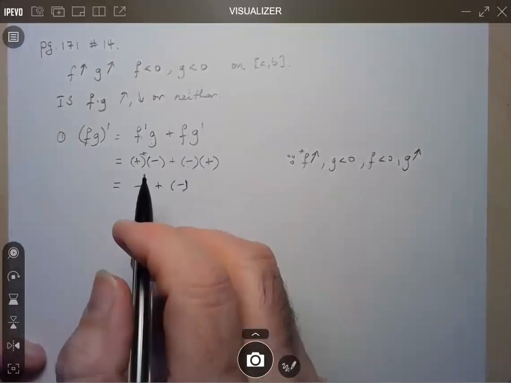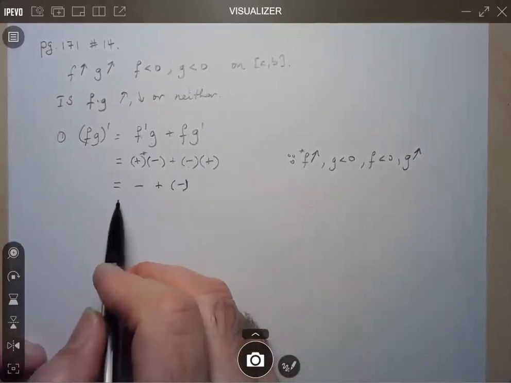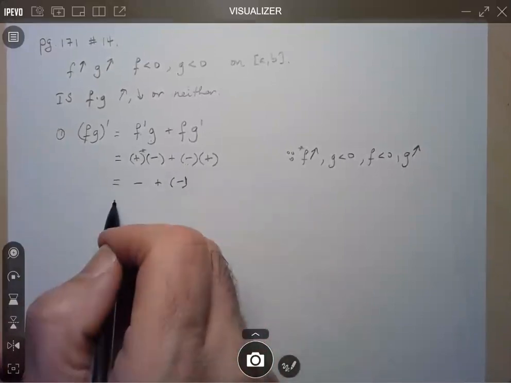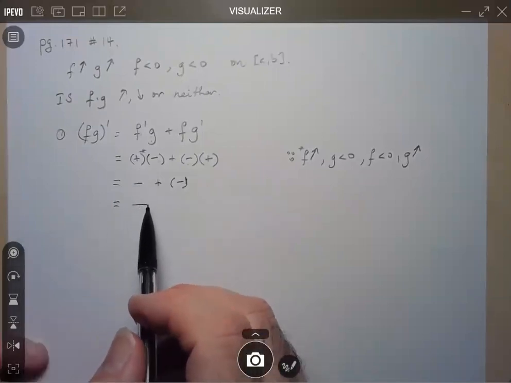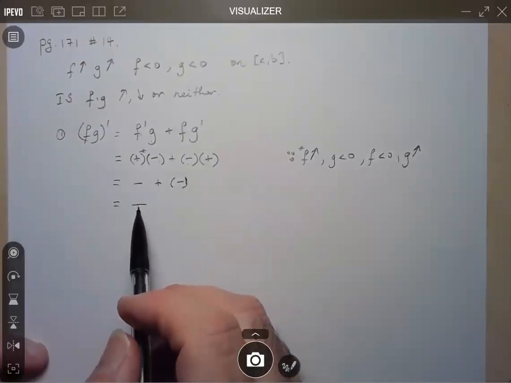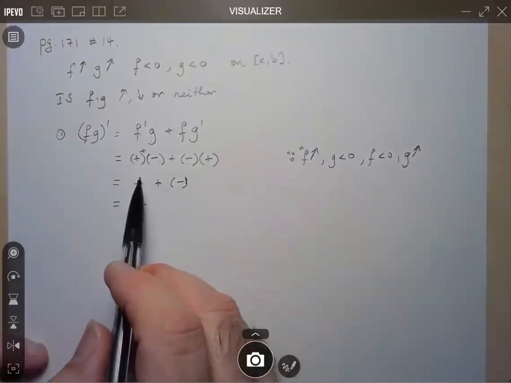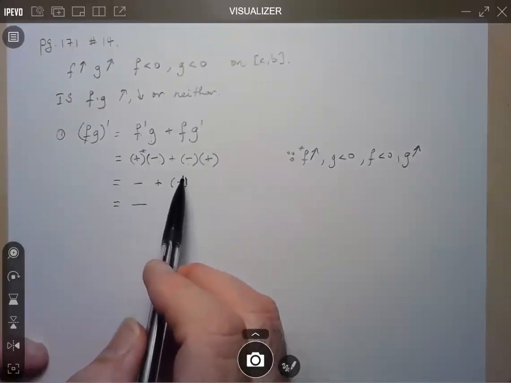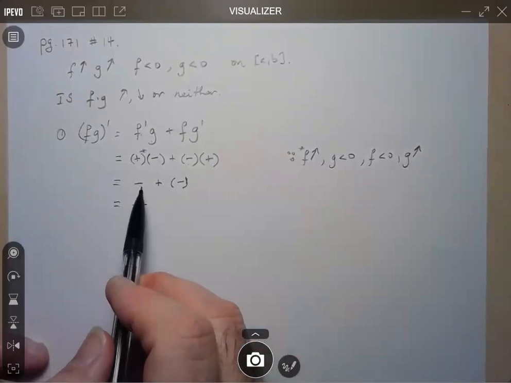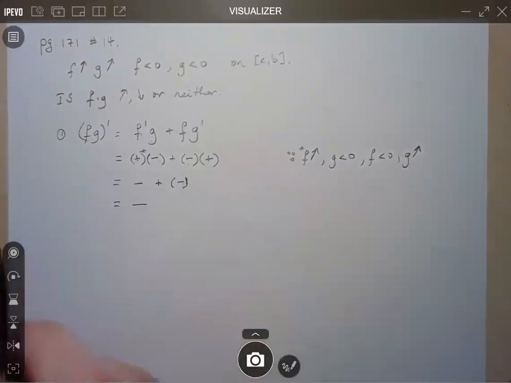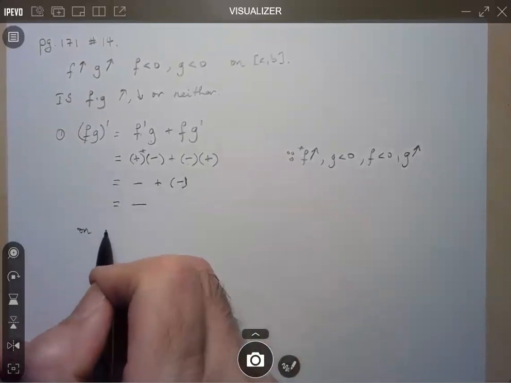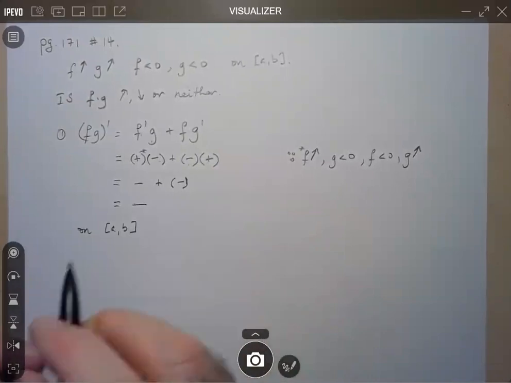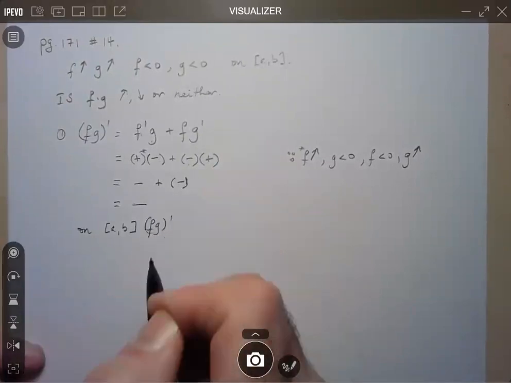Okay. And what happens when I have a negative number and I add another negative number? Well, the result is going to be negative. I don't know if it's going to be negative 13 or negative 23 or negative 7.5. I don't care. The only thing I know for sure is that if I start with a negative number and I add to that another negative number, so negative 17 plus negative 23, I know I'm going to end up with a negative number. And so what this tells me is that on the interval AB, FG prime is less